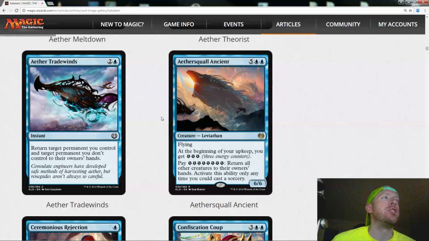Aether Squall Ancient Leviathan. On your upkeep, you get 3 energies. That is a lot, actually. That's actually more repeatable than anything we've ever seen, for a 6/6 flyer. And then you pay...